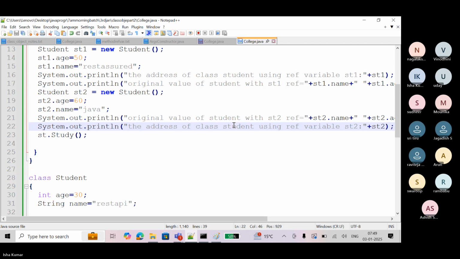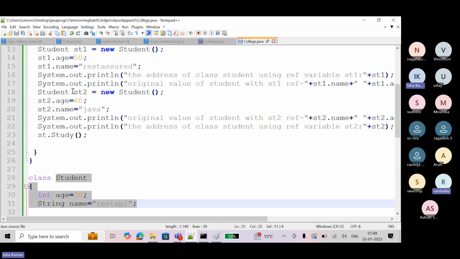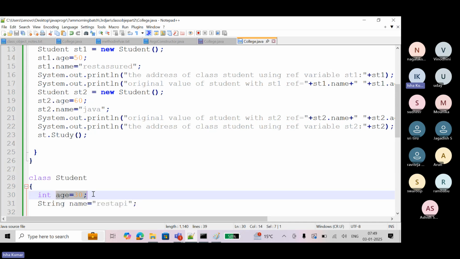Not now. Okay. So these are the scenarios in which we can create multiple objects of the same class. The intention of creating multiple objects is that you can update the value of the class using different reference variables, and every reference variable will have an individual copy of that class's member values. So mainly the purpose of creating a reference variable is to update the value of the class variable and to access the class members outside the class. So two, three purposes are there, right? Now the next scenario is